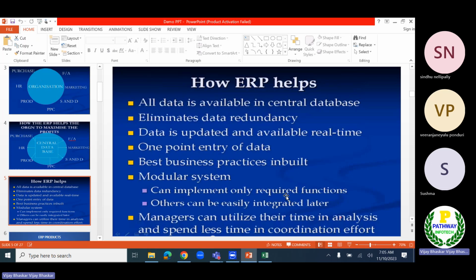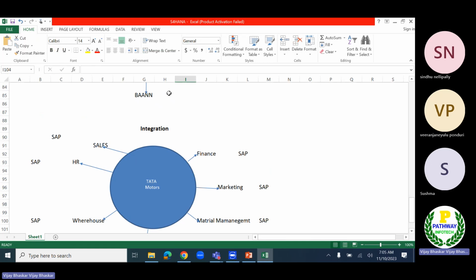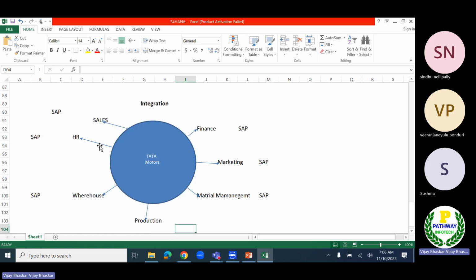Now, modular system: you can implement only required functionalities. Let us assume the first time Tata Motors is going to implement SAP. There is no need to implement all modules at a time. First, to build confidence and understand the system functionality as a pilot, they go just for the finance and HR departments. Only these two modules they want to go with in financial year 2023.